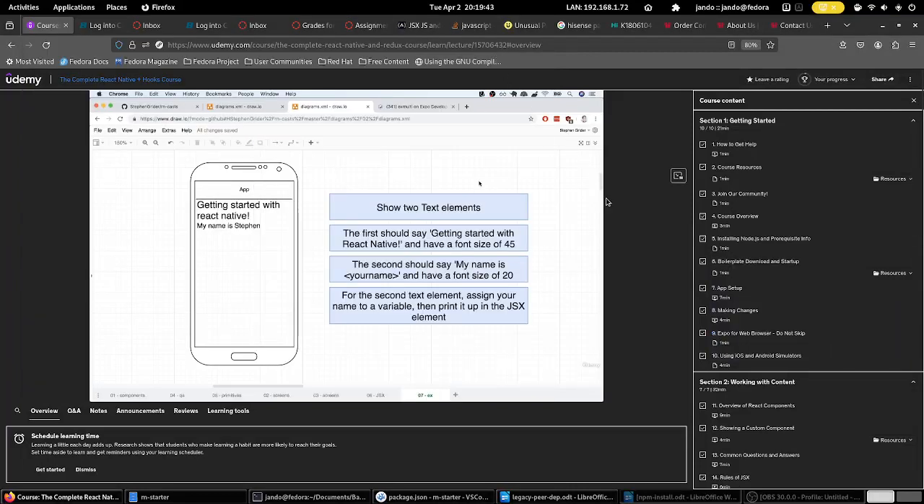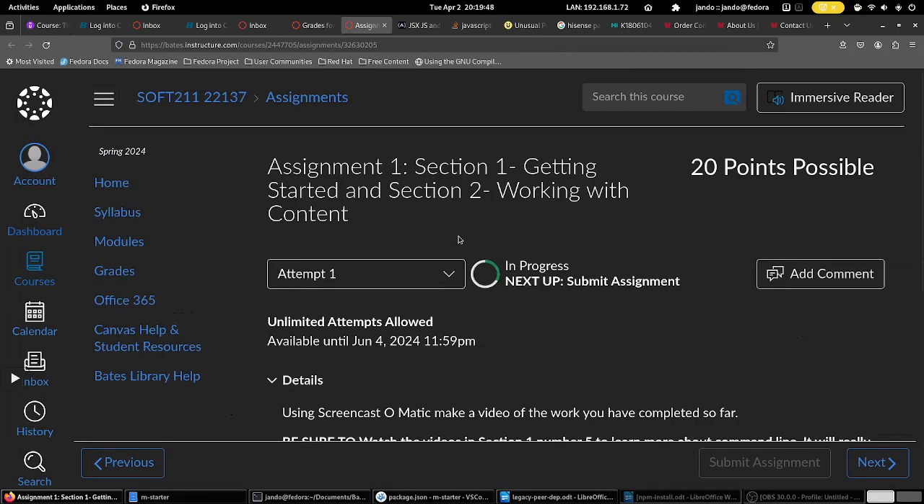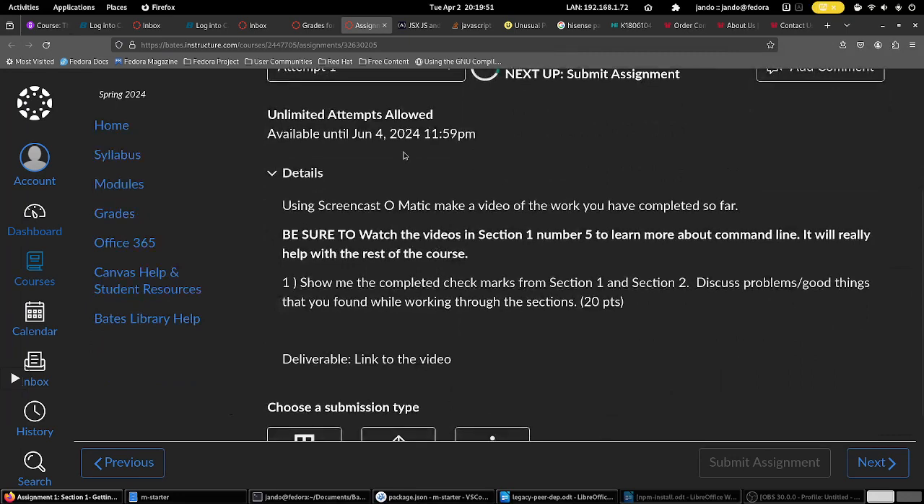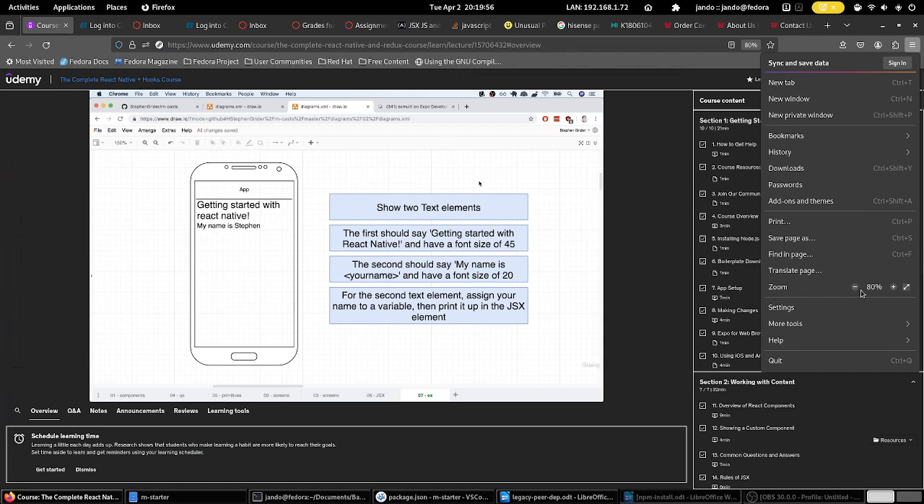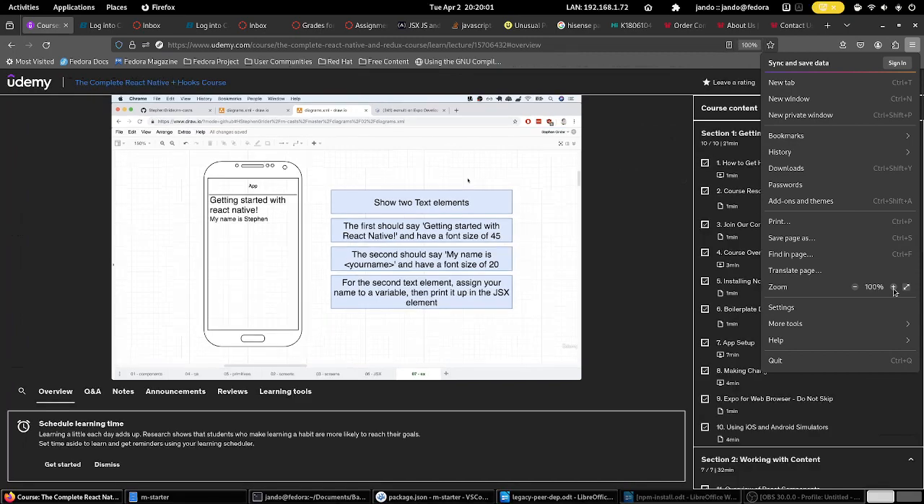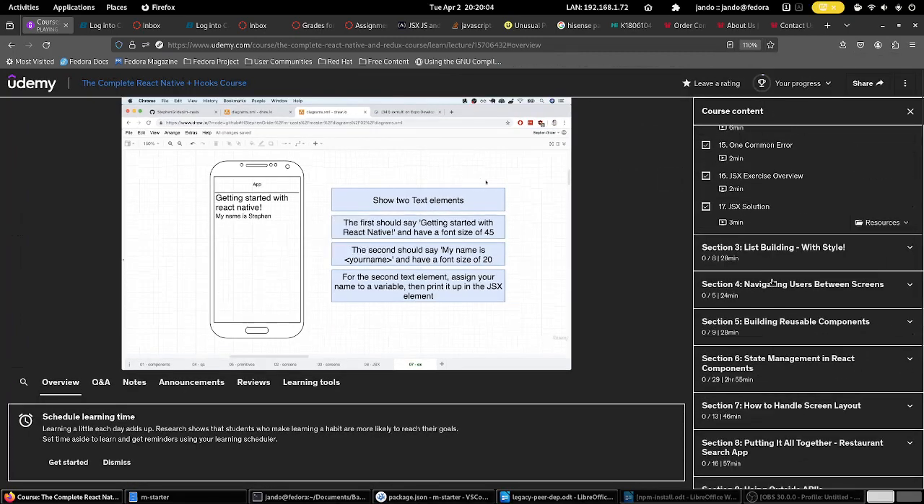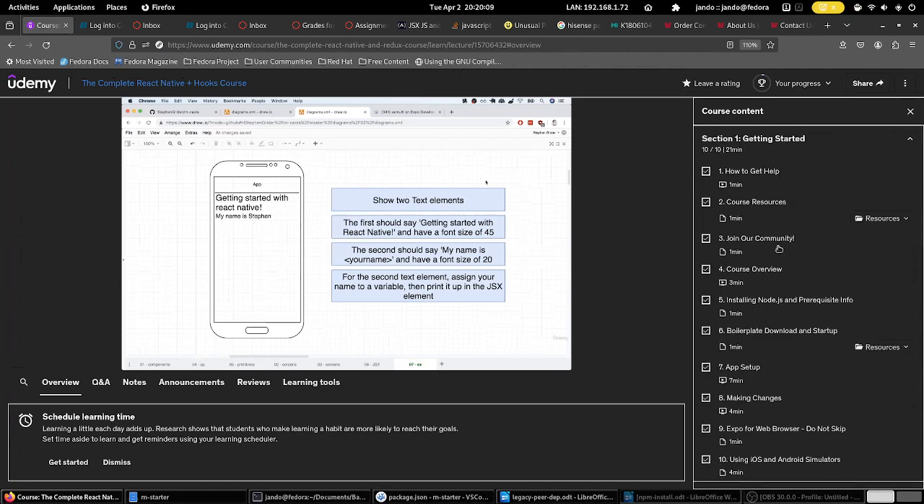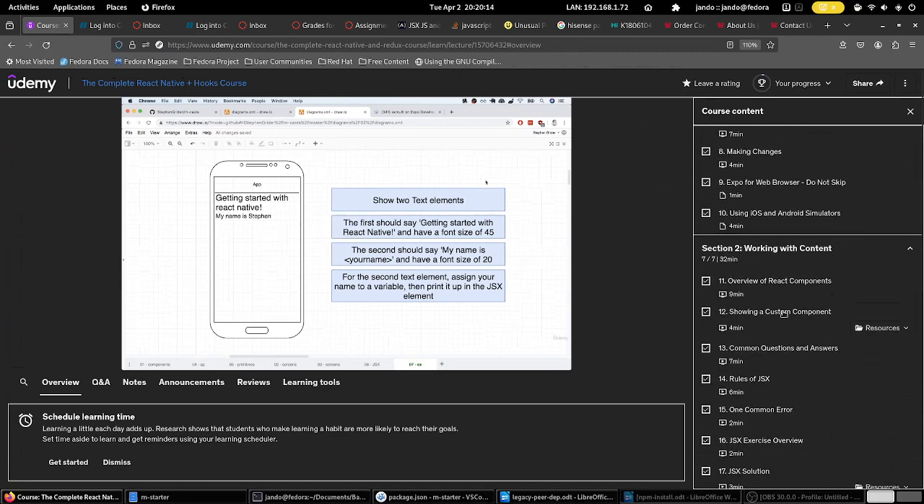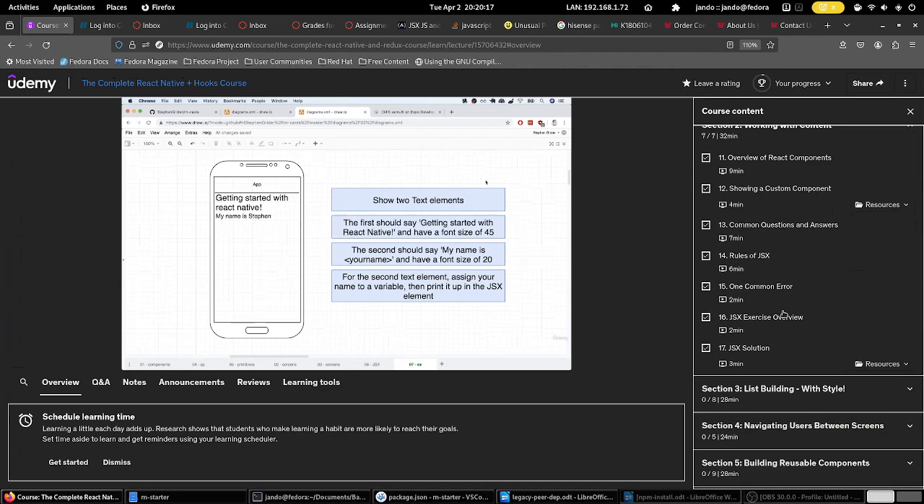Here's my first assignment with SOFT211. Here is my completed section 1 exercise together. So let's do it. Section 1 is complete. Section 2 is complete. And part of the assignment